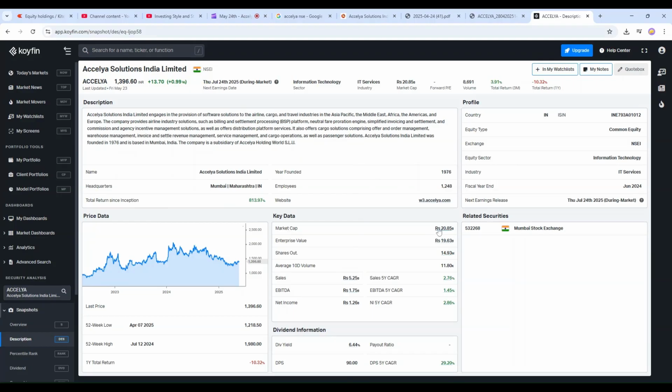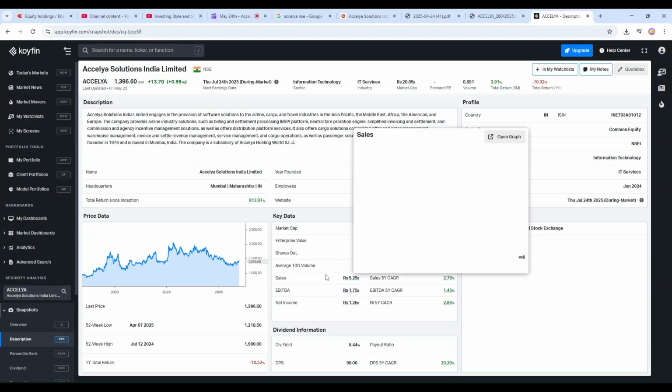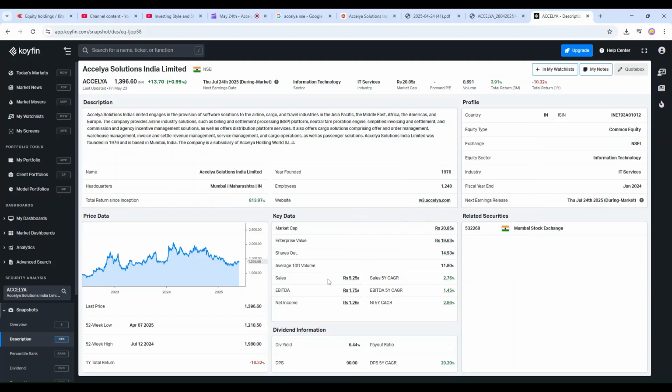The total sales compared to this 20 billion was 5 billion for the last 12 months, so last 4 quarters. So it is selling at 4 times the revenue, and roughly, yeah. So the PE ratio is not 20, it's 15, right? It's 15 or 16. So net income is, if you compare to this, it's roughly,